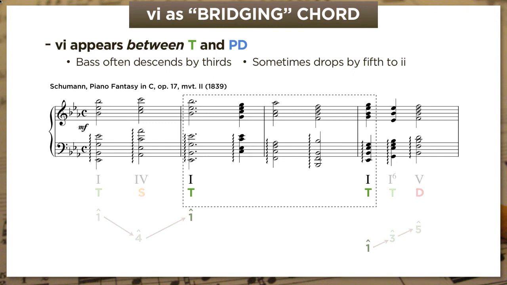But the middle span is a functional cycle in which 6 connects tonic with a root position 2 chord, which then moves on to a root position 5. So the bass line starts with the drop of a third, but from there it's all motions by fifth. Here's how it sounds.